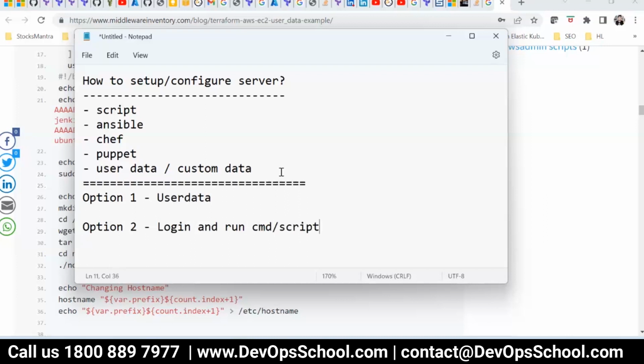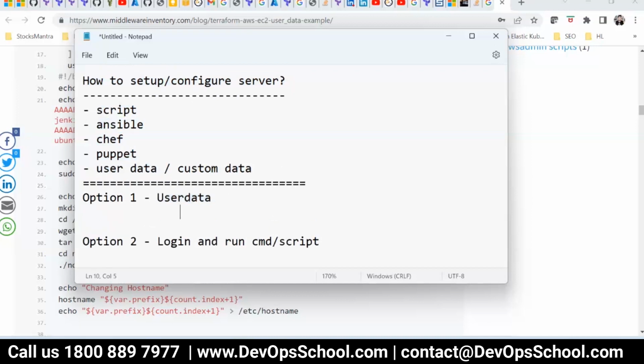Now, these are the two ways to script. I said how to set up and configure a server. So here is code, script, everywhere. Now the question is, how do you do that? User data is embedded in Azure or AWS. So here I am not using Terraform.